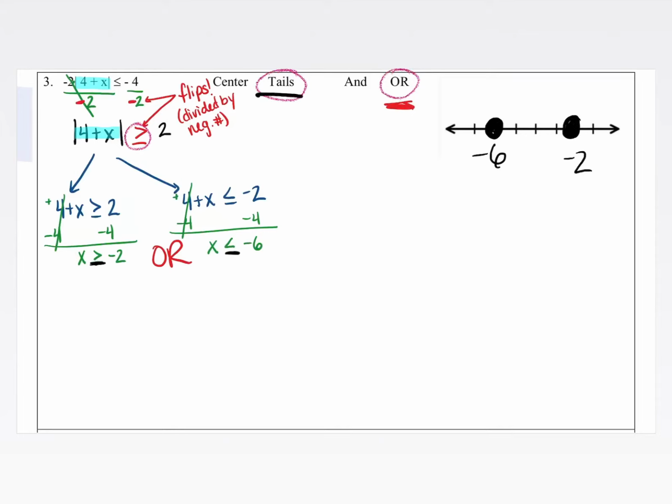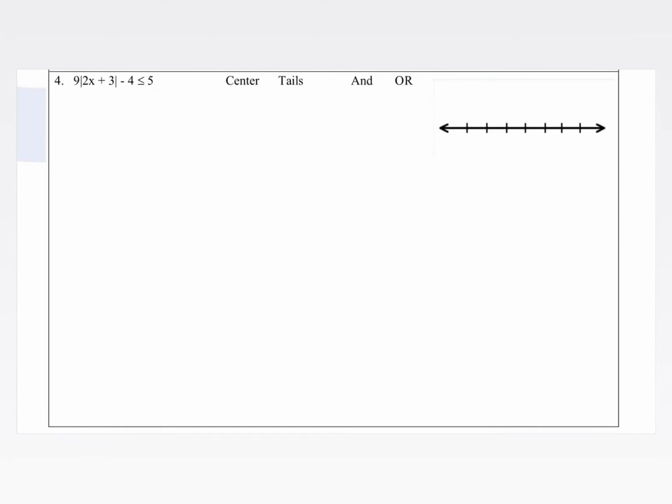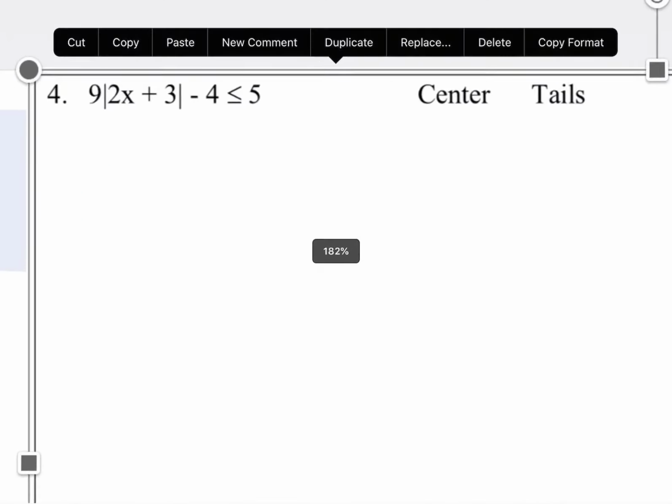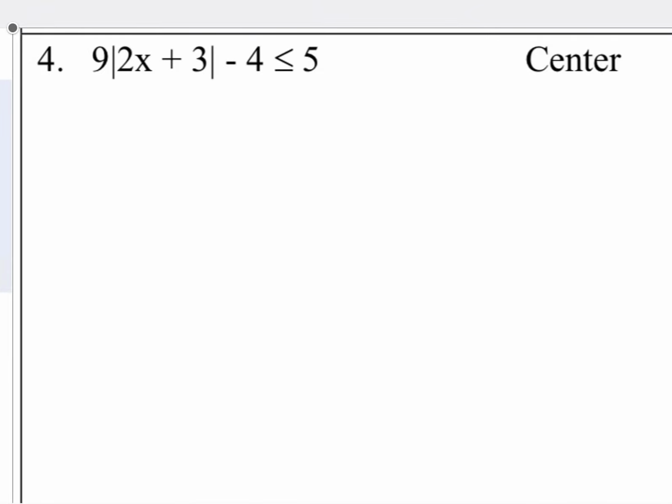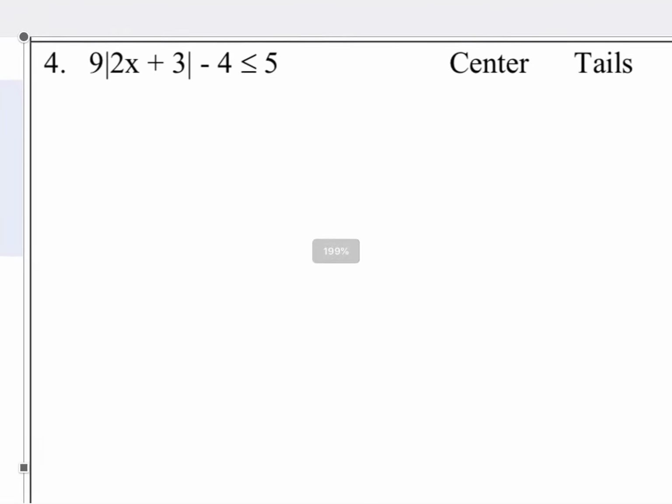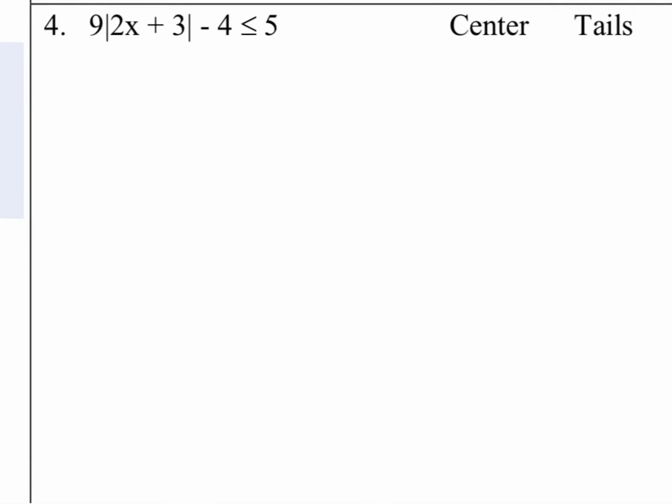And we're going to shade two tails as we already identified, so in opposite directions. And there we go. Moving on to our final example. Here we have 9 times the absolute value of 2x plus 3 minus 4 is less than or equal to 5. Now with this problem, what I want you to first think about is treat it as